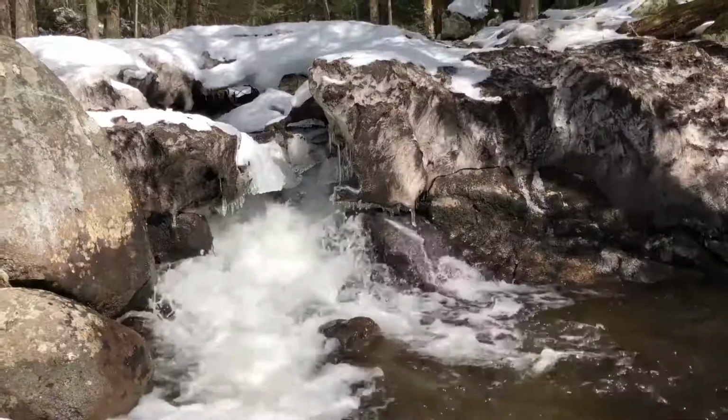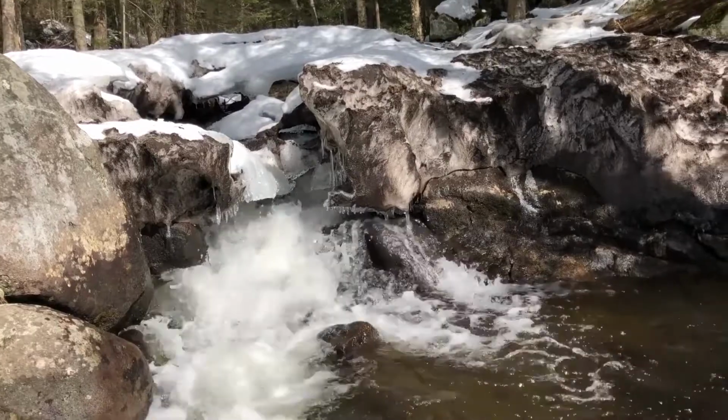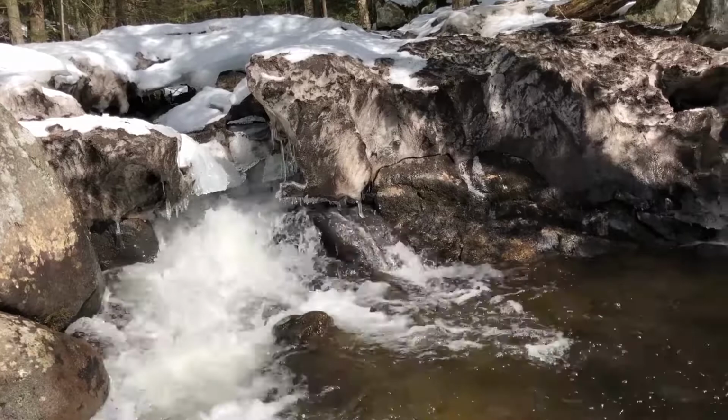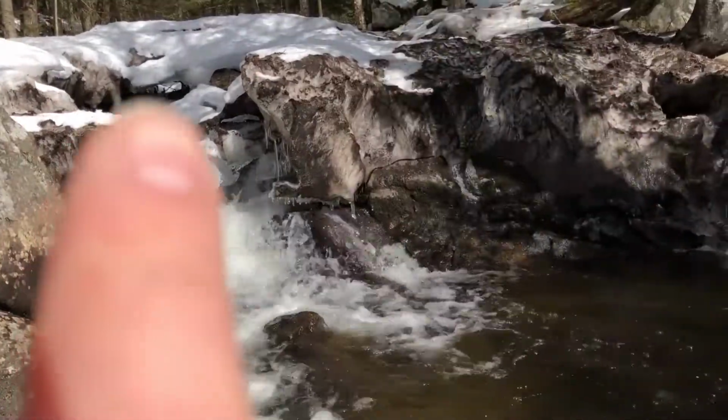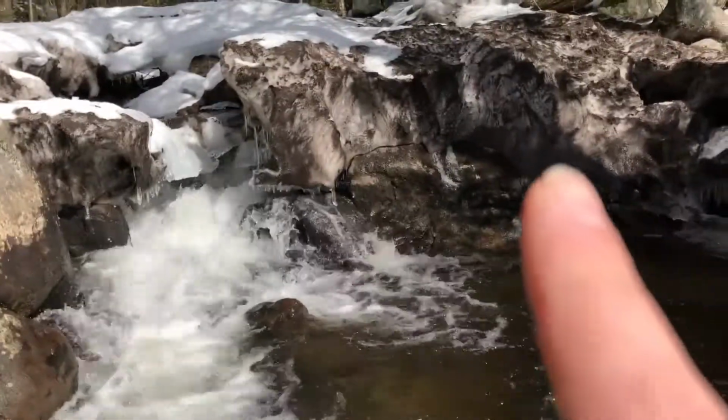All right, so I'm a little farther upstream right now. I just moved just above and kind of into my previous composition, looking for little elements maybe that I could pull out to create a better image. So I will show you where I'm at right now with this. So this is the upper cascade that was in the previous shot. And a couple of the things that I like about this is you can actually see through this snow bridge up here,